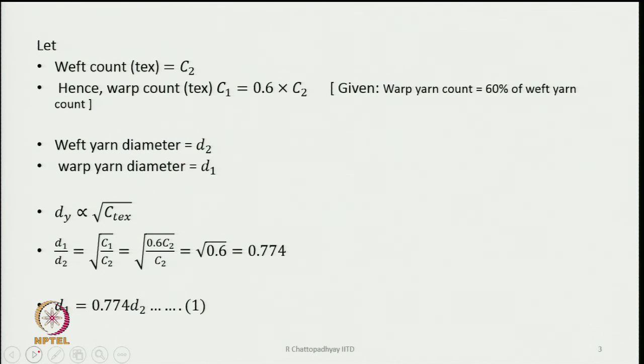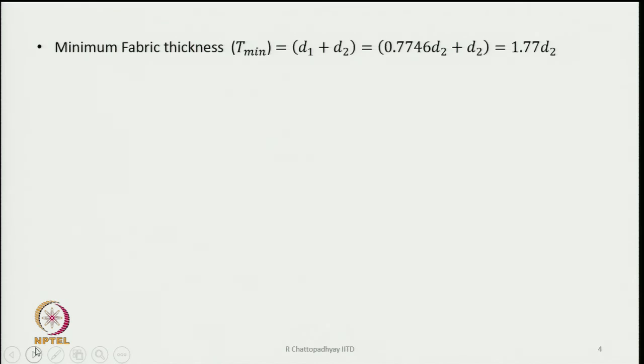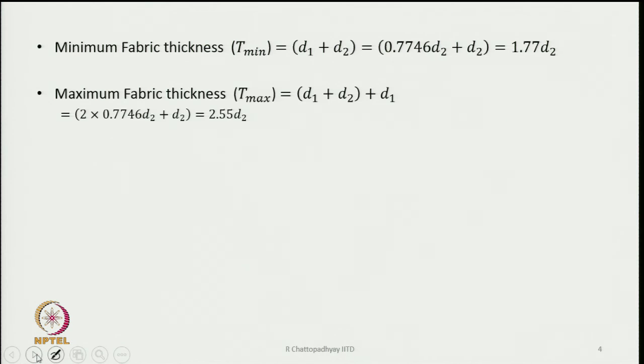So, warp yarn diameter will be 0.77 times the diameter of weft yarns. Now, the fabric thickness has been specified. So, we have to meet this requirement. Now, fabric thickness is,